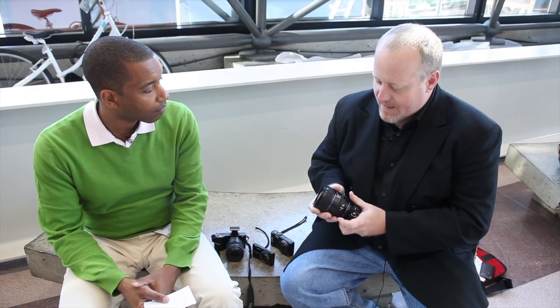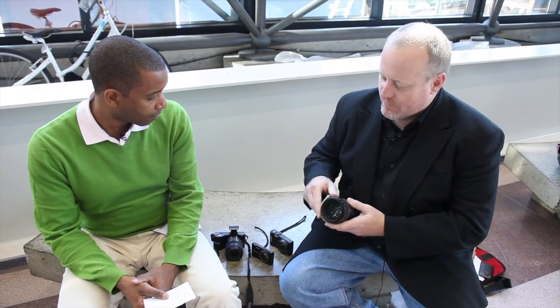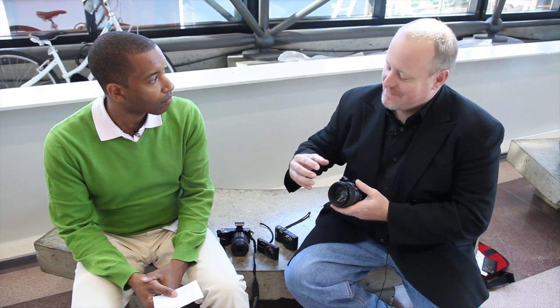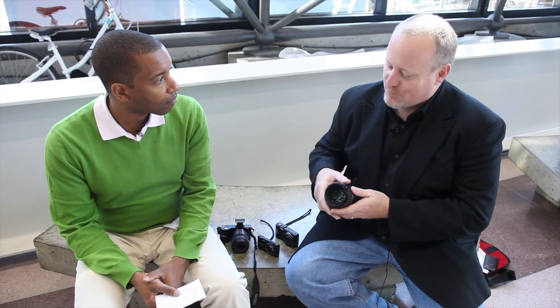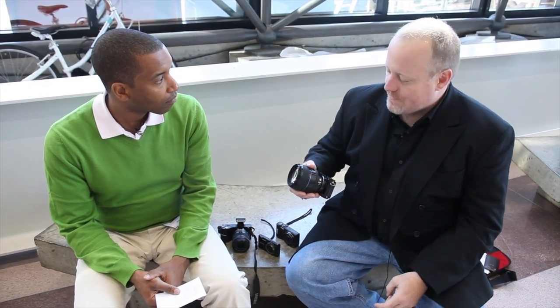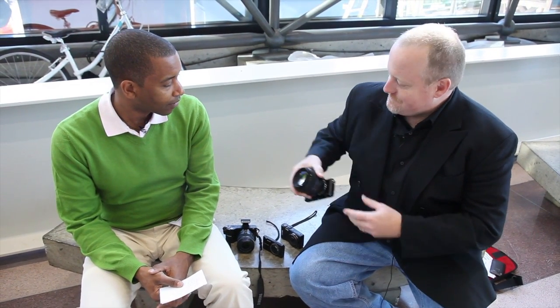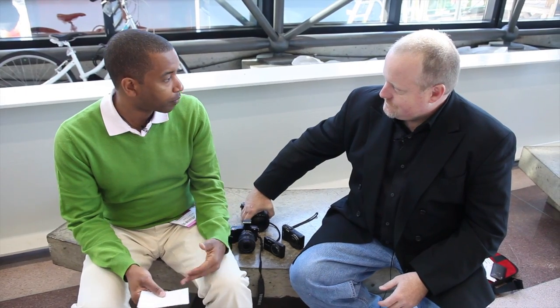The advantage of that, other than obviously being lighter and smaller, is it's pushing less glass. So the motors in here can actually focus faster because there's less weight for them to push through. From a performance standpoint, it's an awesome lens, and that's the one everyone's bugging me to get their hands on. Okay. And from a system point of view, for a brand agnostic user looking to buy into a system in this relatively new market,